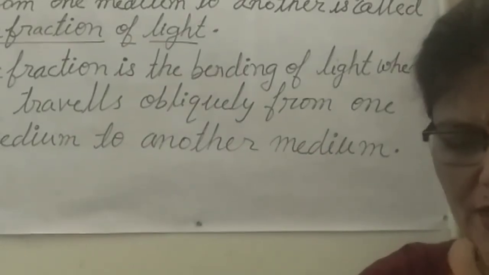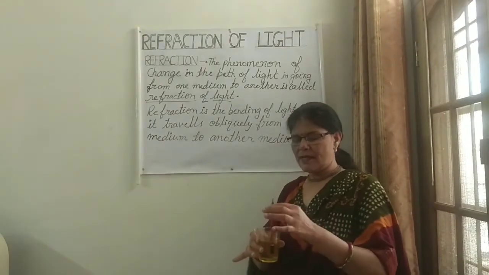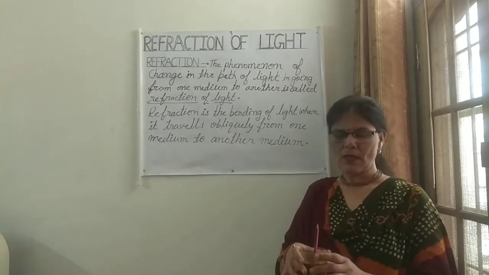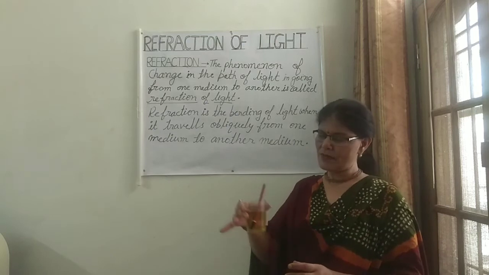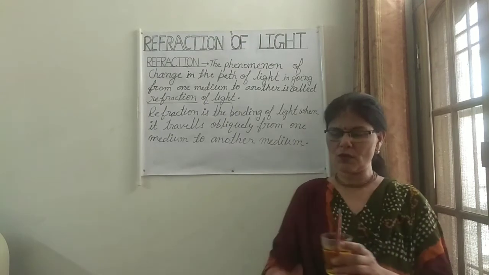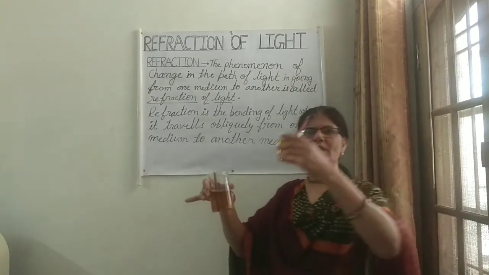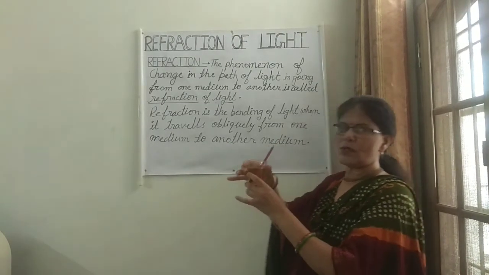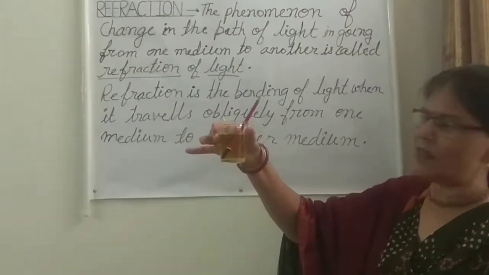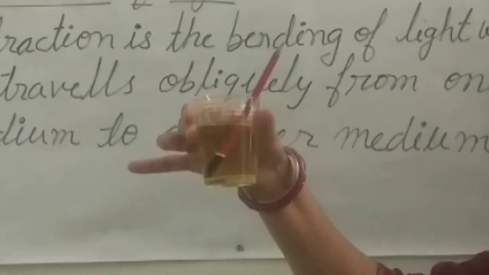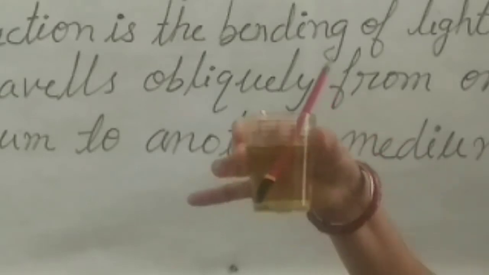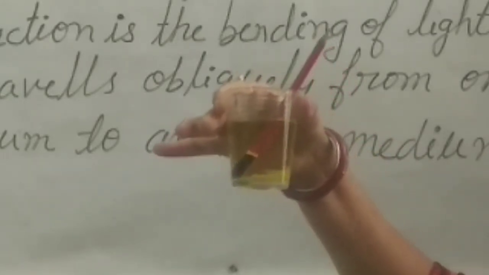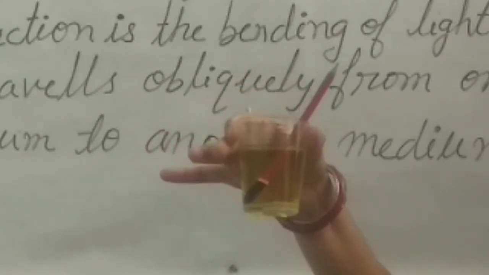Another thing, we can change the medium again. In place of cooking oil, if we use liquid Vim bar, this is our liquid Vim bar, the medium is liquid Vim bar. So when we use liquid Vim bar, again we can see the bending of the pencil. So the bending of the pencil is at a different extent when we are using different mediums.